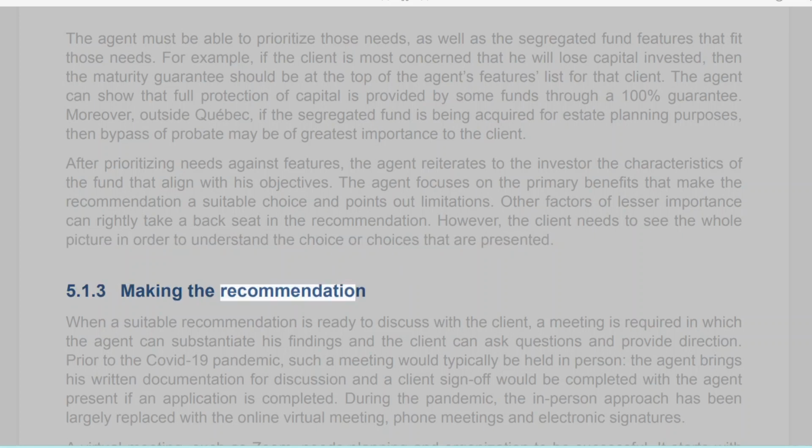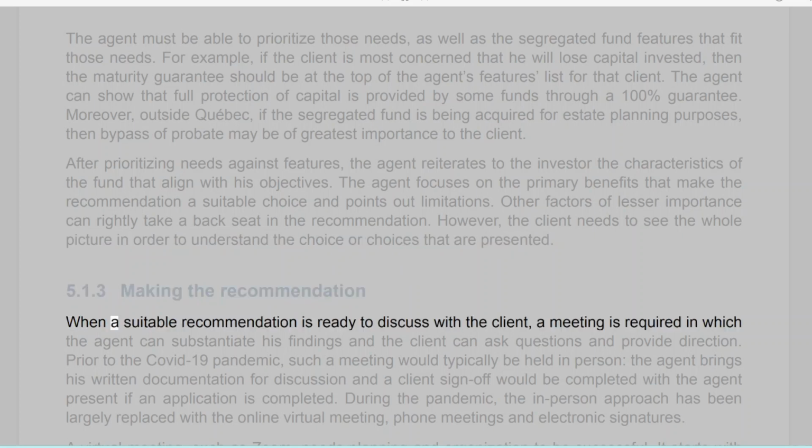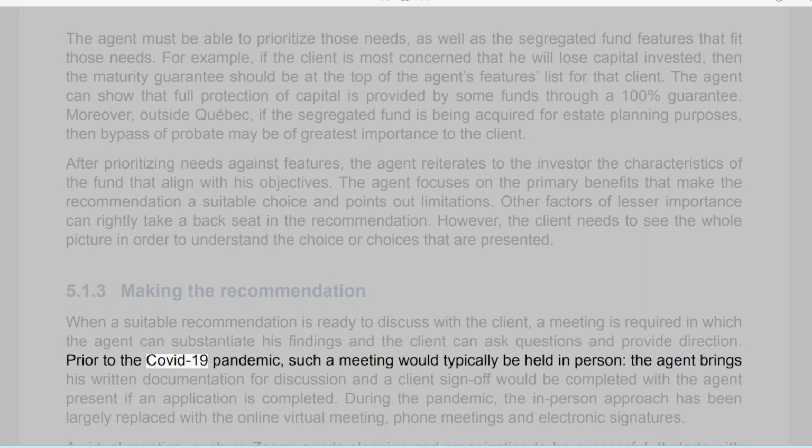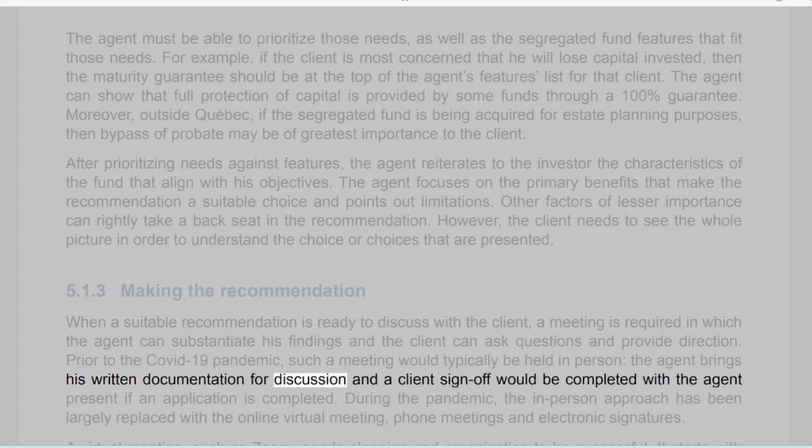5.1.3 Making the recommendation. When a suitable recommendation is ready to discuss with the client, a meeting is required in which the agent can substantiate his findings and the client can ask questions and provide direction. Prior to the COVID-19 pandemic, such a meeting would typically be held in person. The agent brings his written documentation for discussion and a client sign-off would be completed with the agent present